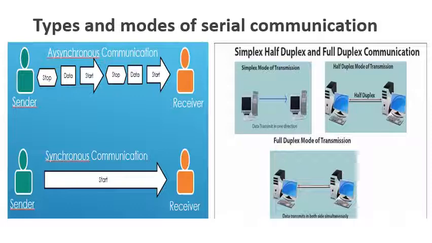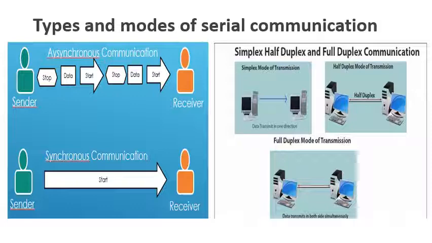When we go to synchronous communication, the two devices communicating with one another use the same clock signal to synchronize the data transmission. What that means is that we use a clock. The clock is common to both the communicating parties. The reason we use the clock is to tell the device when the data is being sent and at what speed it needs to sample the data to make sense of it. This makes it faster and more efficient as it does not have any overhead in terms of start and stop bits.